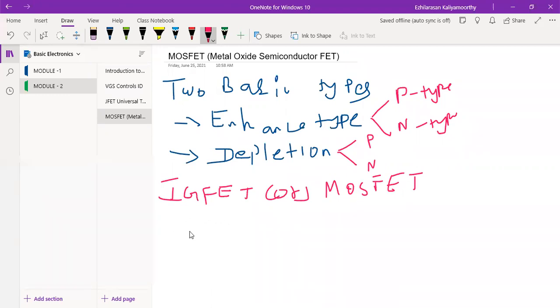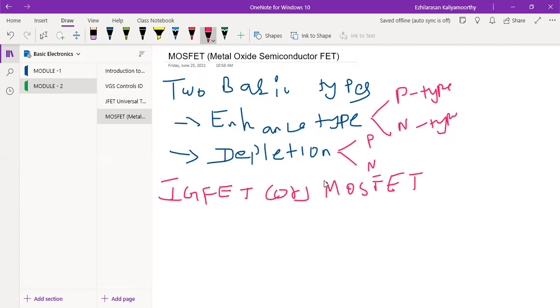Now, this MOSFET is a voltage controlled field effect transistor, or a voltage controlled device. It will be different from the JFET. Then what is the primary difference between MOSFET and the JFET, you may think. It has a metal oxide gate electrode, which is electrically insulated from the main semiconductor N channel or P channel by a very thin layer of insulating material, usually silicon dioxide, that is sometimes commonly known as glass.